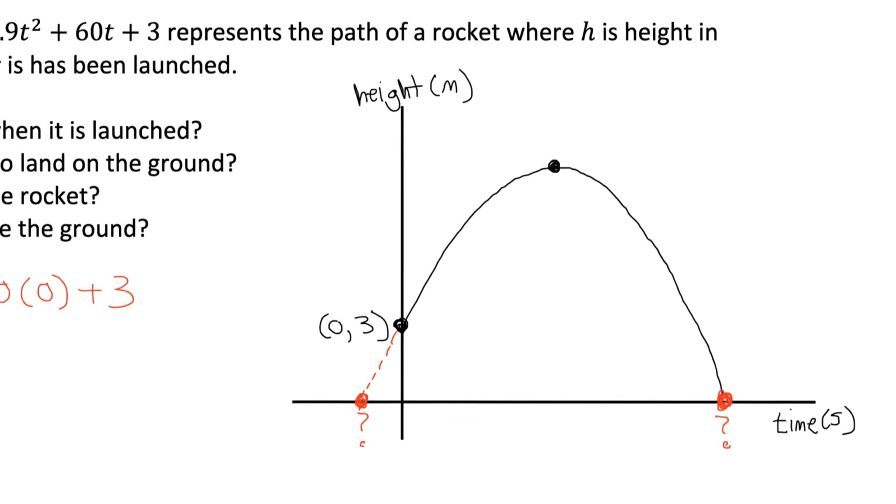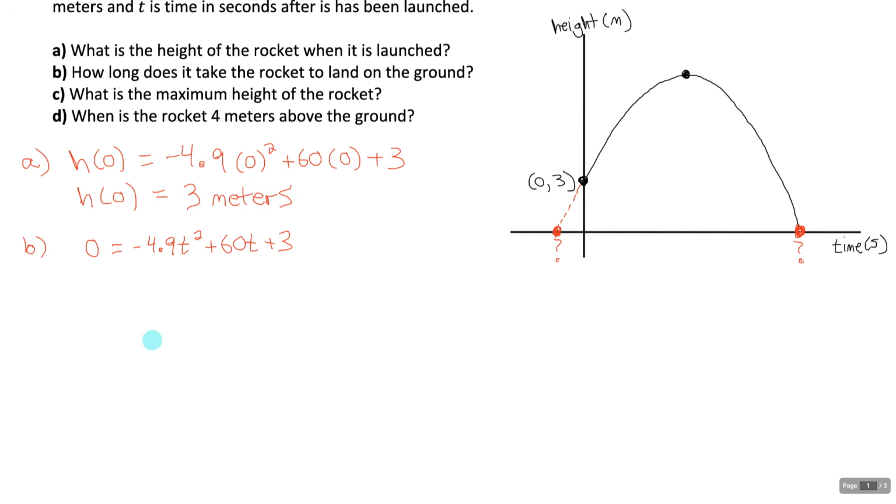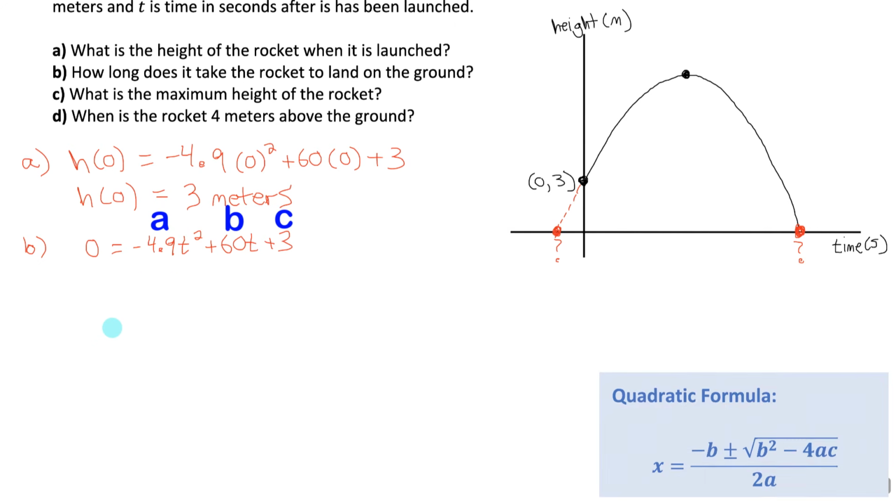to reject. So if we're going to solve for when the height is 0 algebraically, I need to set the height to 0, so set h at t to 0, and then solve for the value of t that makes that true. Now to solve a quadratic equation, it has to be set to 0, which it already is, and now we have to choose between solving by factoring or solving using the quadratic formula. Based on the a value of negative 4.9, I don't think this quadratic is going to be solvable by factoring. So what I'm going to do instead is just go right to my quadratic formula